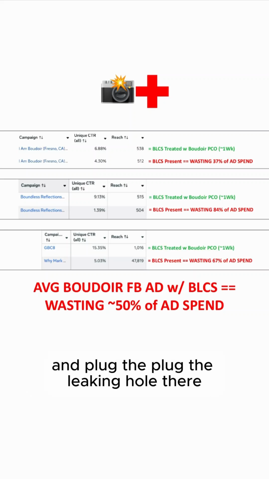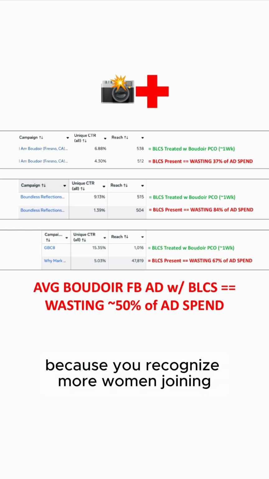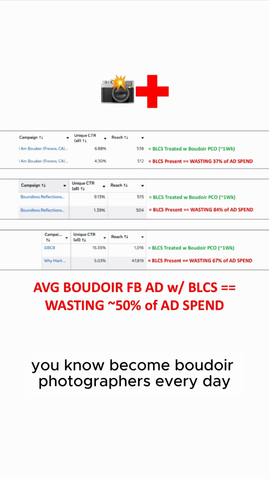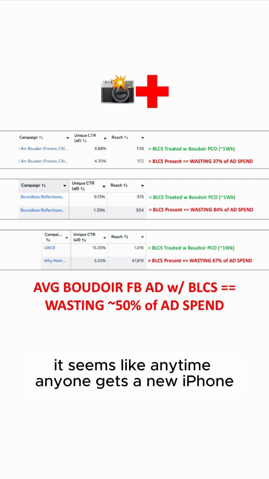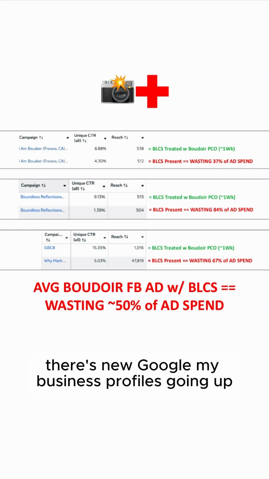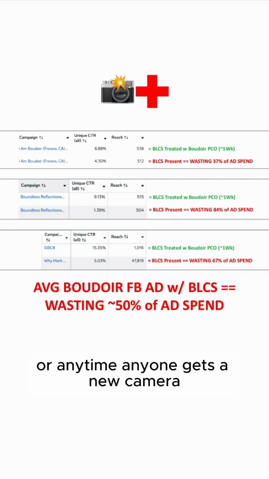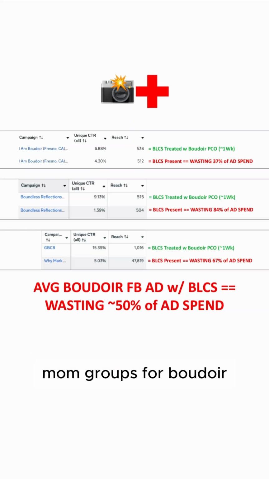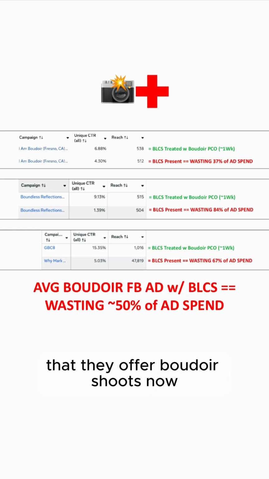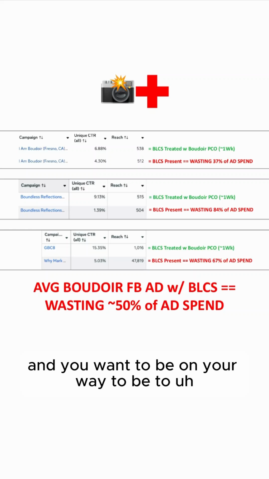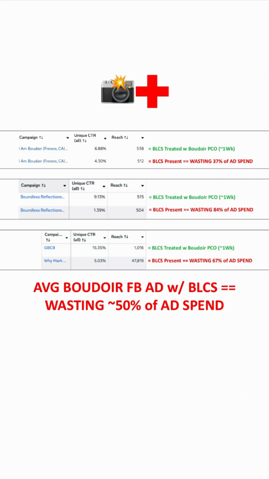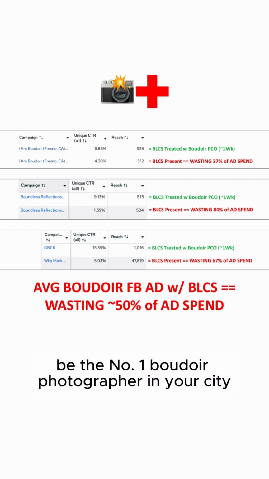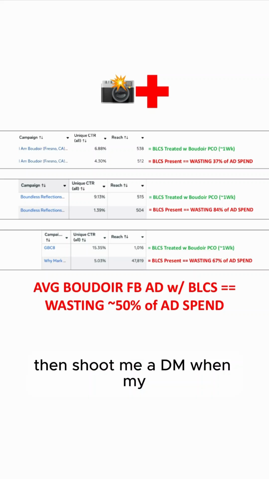Kind of plug the leaking hole there, because you recognize more women are becoming boudoir photographers every day. It seems like anytime anyone gets a new iPhone, there are new Google My Business profiles going up, or anytime anyone gets a new camera, there are new people posting in the mom groups for boudoir that they offer boudoir shoots now. And you want to be on your way to being the #1 boudoir photographer in your city,